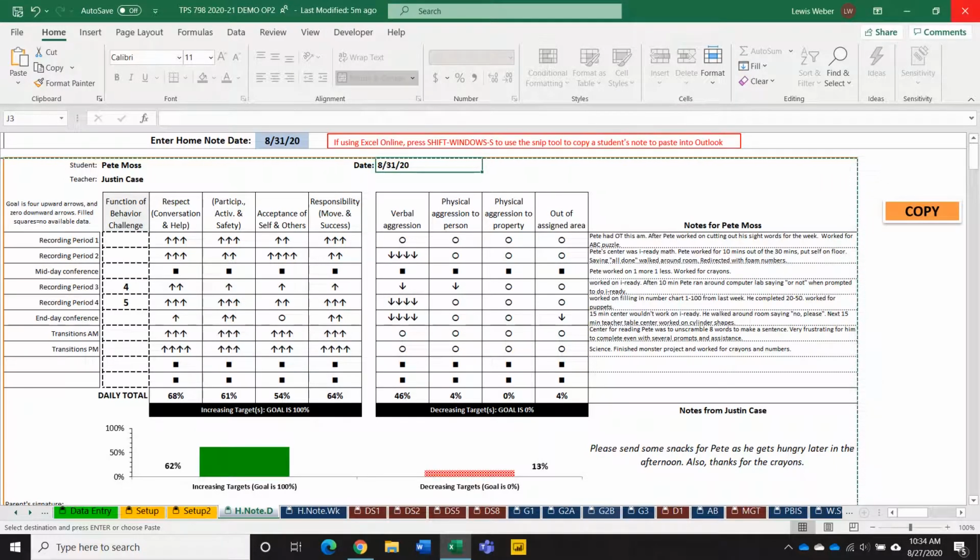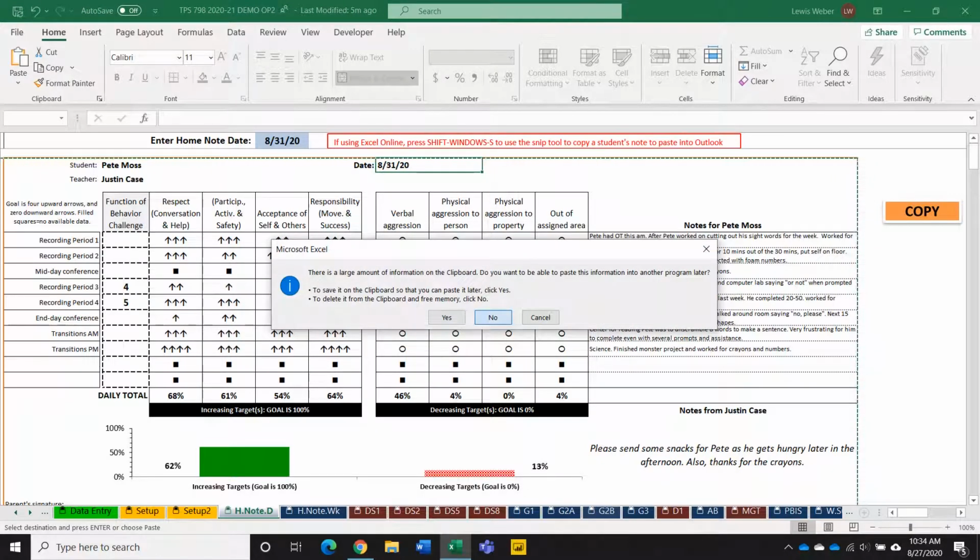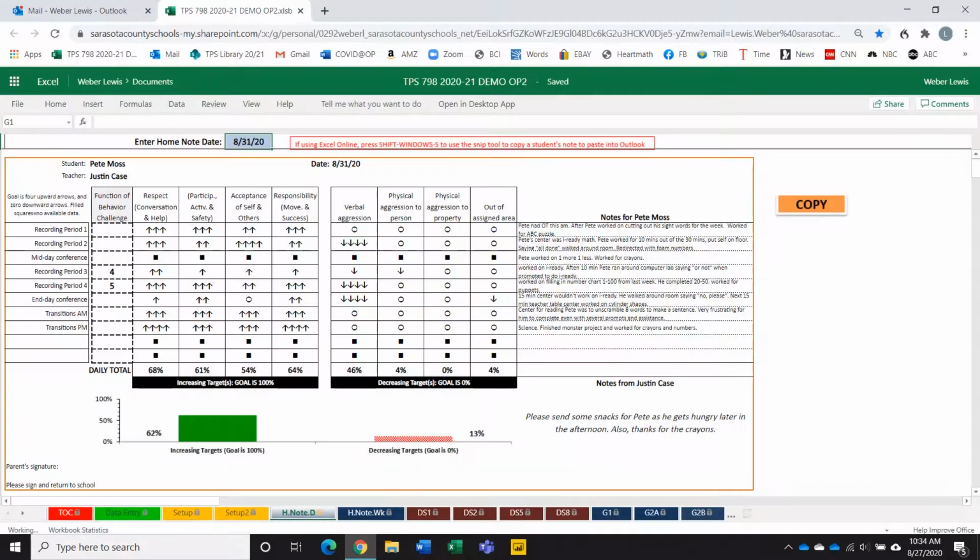So what I'm going to do is I'm just going to close that, and I'm not going to save it because I didn't enter any data. And then it's going to return me. I just click on resume editing, it returns me to the online version. I think it's easier for home note, daily home note. Now weekly home note, you have to open up the desktop app and use that